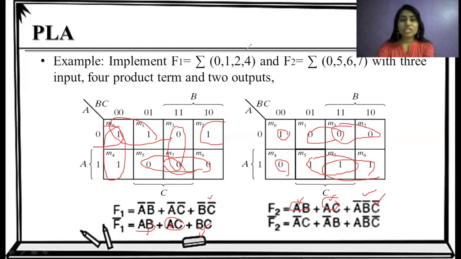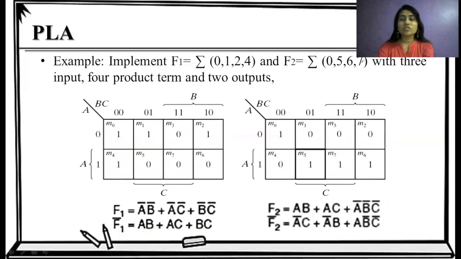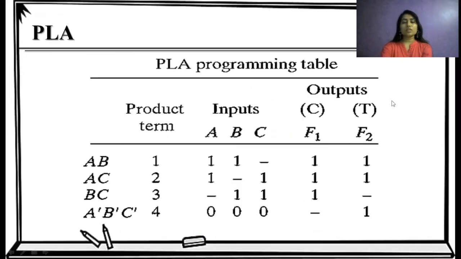For this calculation of logical functions, for implementation of logical function using PLA, we can make a table like this. Here we have the terms AB, AC, BC and A dash, B dash, C dash. Now AB, that means we have 3 inputs, and this term uses A and B in normal form. So we have 1, 1. This AC means A is 1, C is 1, B and C means B is 1, C is 1, and A dash, B dash, C dash means all 3 are 0.